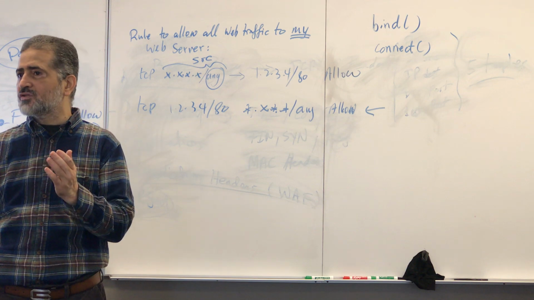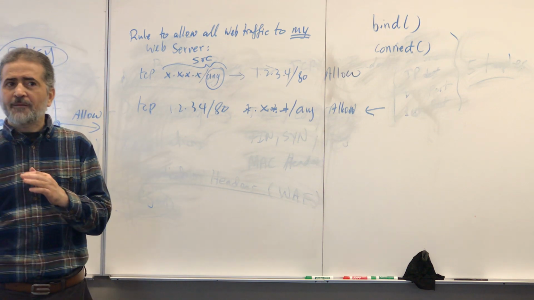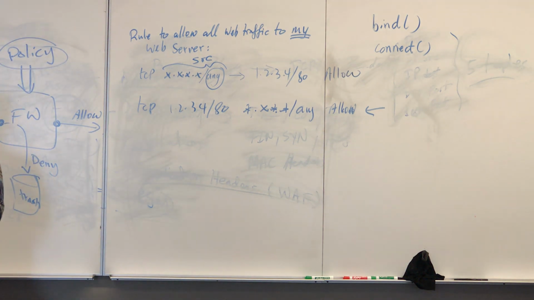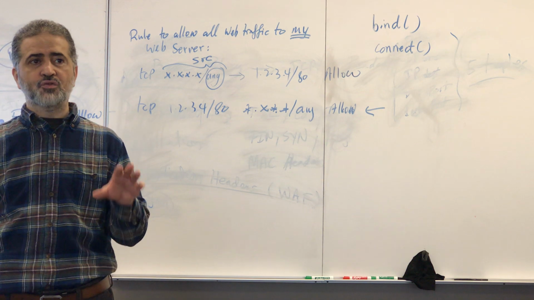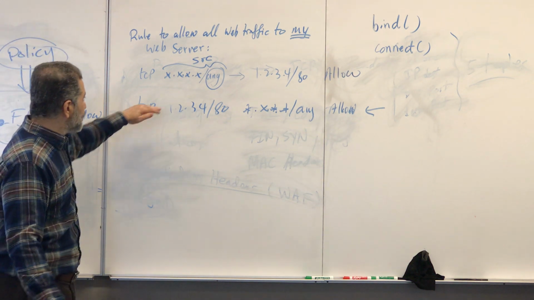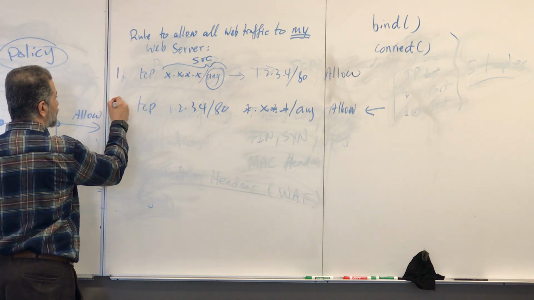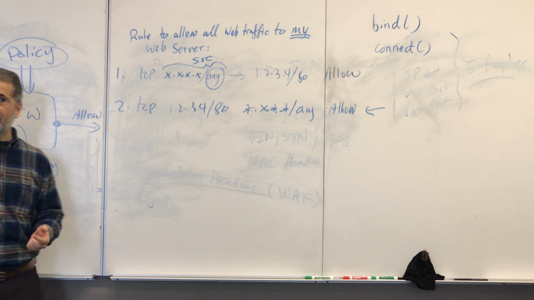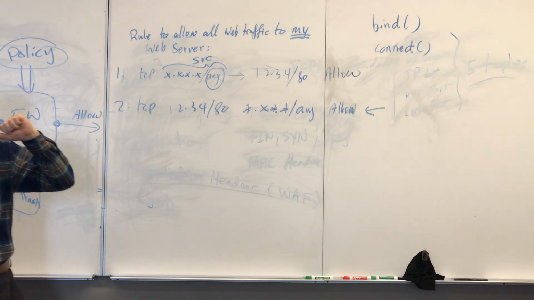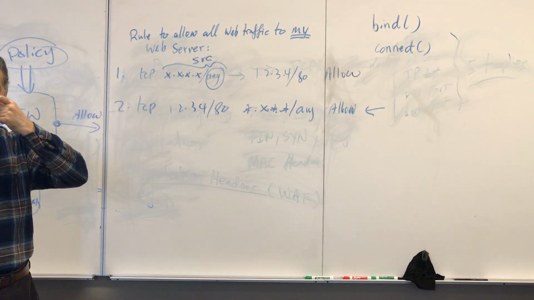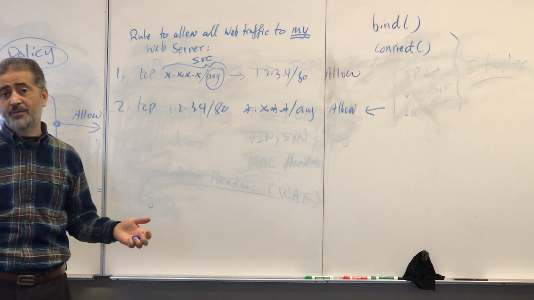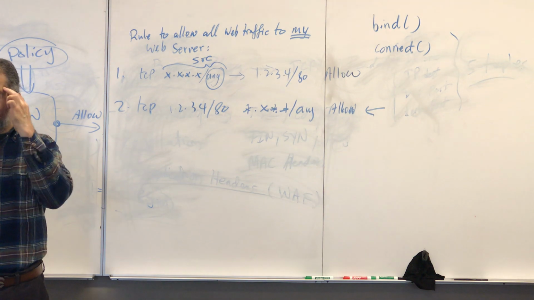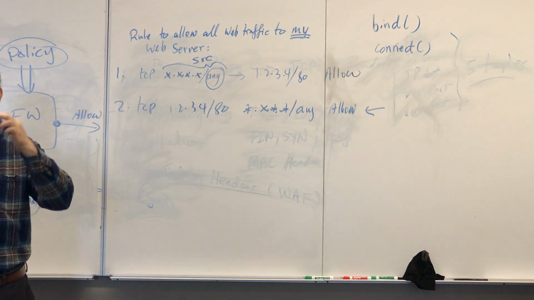So just remember this. I don't want you to be confused about why sometimes we will change the default to accept. I'll talk about this later on. But for the time being, let's assume that the default is deny. If you don't have the second rule here, rule number 2, what's going to happen? The traffic coming back from the server to the client will be denied, and you don't get any benefit. So you have to always think about two-way traffic.